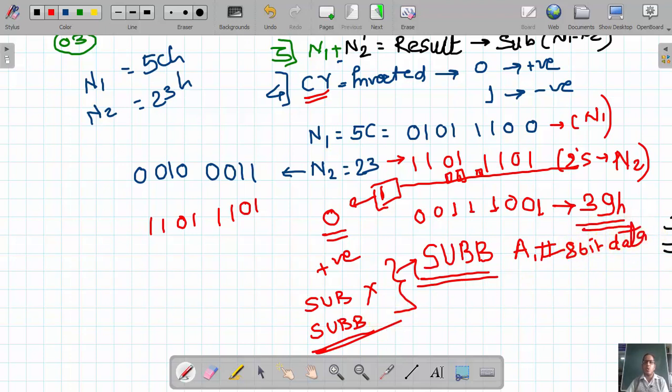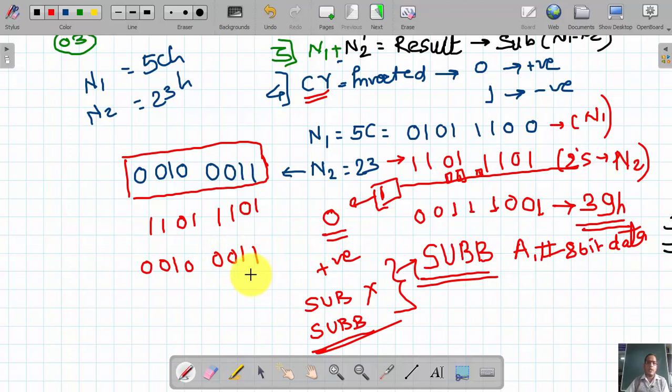So in this way we can perform a simple subtraction operation using the 8051 microcontroller. Now, one important thing: let us discuss a shortcut to obtain the 2's complement of any number. What is the conventional or traditional approach? The number is 0 0 1 0 0 0 1 1.